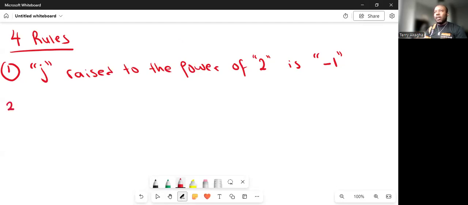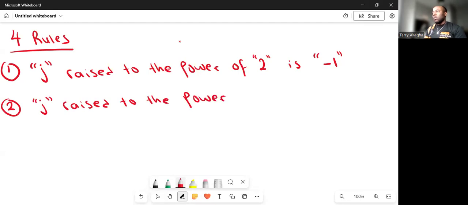The next one is, like we said, when j is raised to the power of 4, the answer is what? The answer is 1. So j raised to the power of 2 is -1, while j raised to the power of 4 is 1. Number 3,